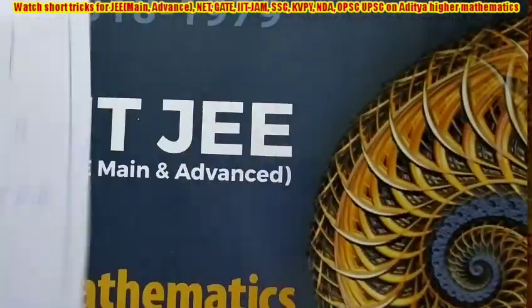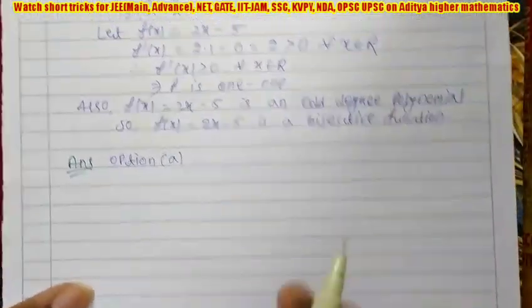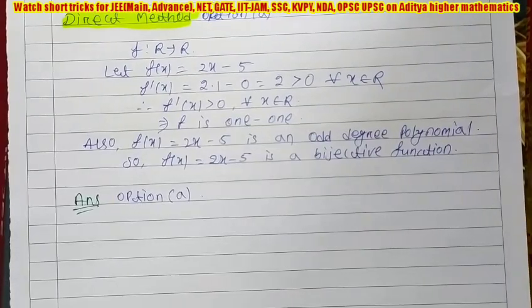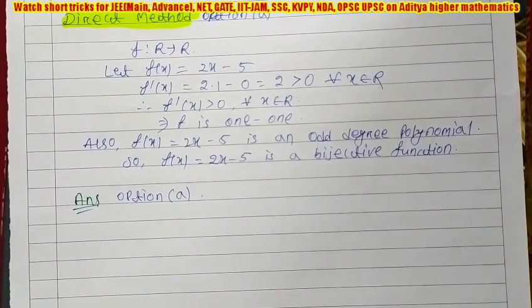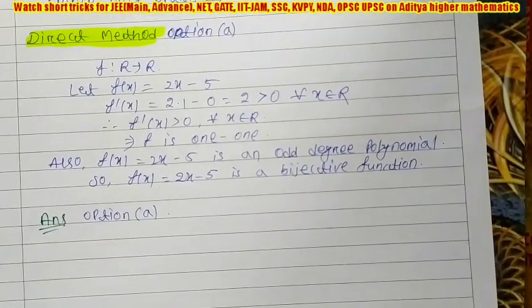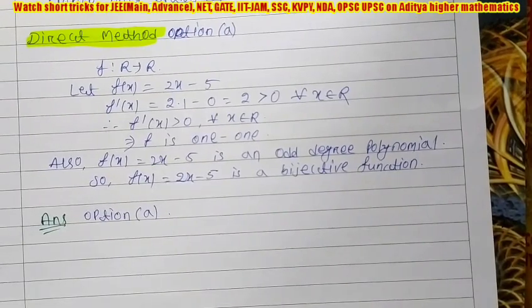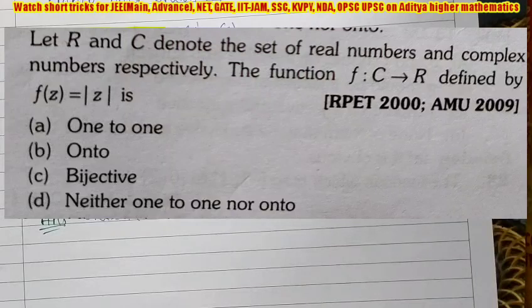Okay. Now understood? Now we will see some other question which is more difficult in comparison to this question. Here I have solved 2 questions using domain and codomain R. Now we will solve some questions using some other domains and codomains. So now see the third question. Here domain is given as complex numbers. First time I am solving one question with the domain complex numbers in this video lecture. And here codomain is R.